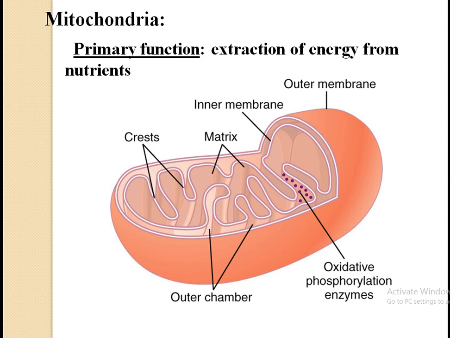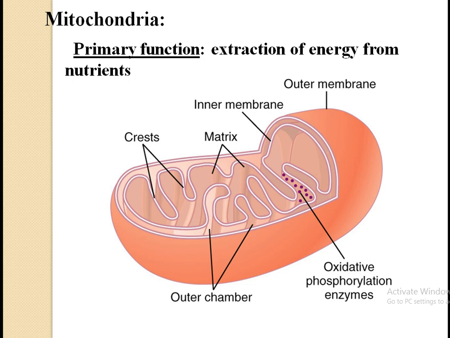Mitochondria are present in all areas of each cell's cytoplasm, but the total number per cell varies from less than 100 up to several thousand, depending on the amount of energy required by the cell. So basically, these are the powerhouse of the cell, and without them, cells would be unable to extract energy from the nutrients. If you have no energy stored, the cell is unable to perform any kind of function.